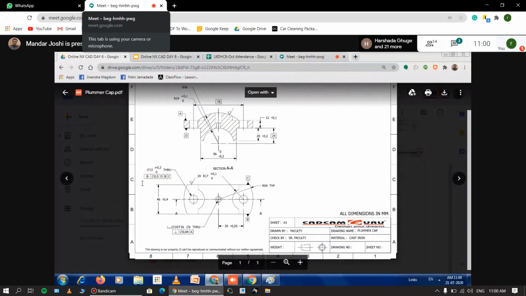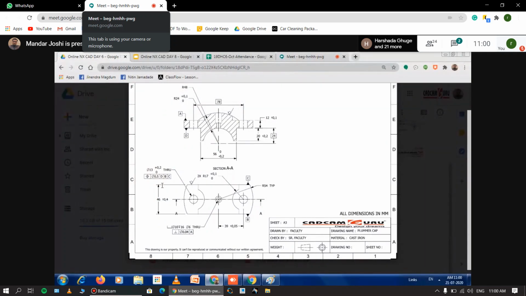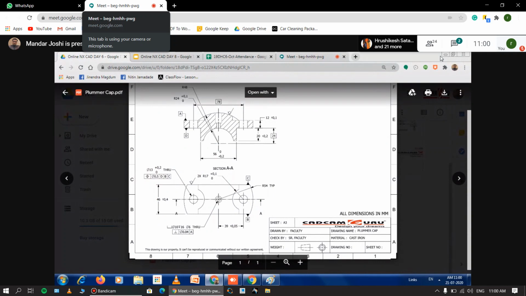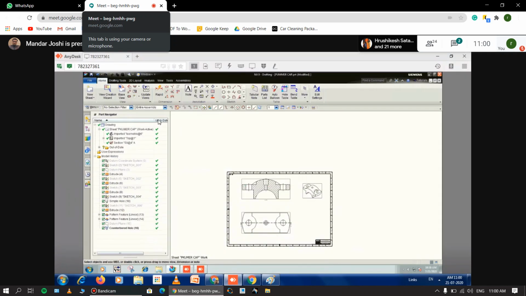So next step, we have to apply the dimensions to it. So basic dimensions now we have to apply here, general dimensions. Applying the general dimension is similar to the sketcher. Generally in any software, there are two methods of dimensioning. First one is generated, another is manual dimensions. In NX, generated dimensions are not there, only manual dimensions are there.